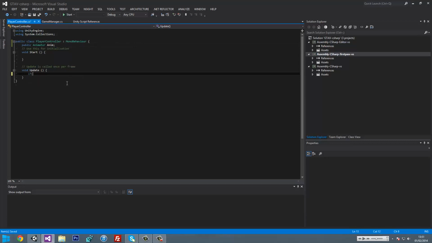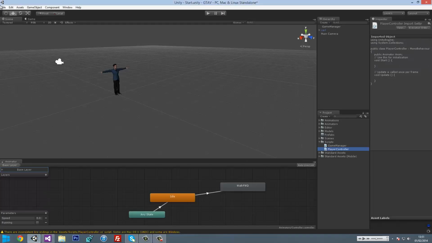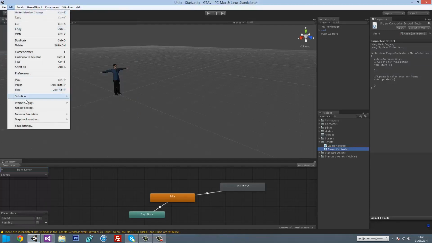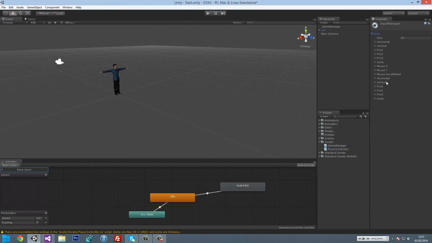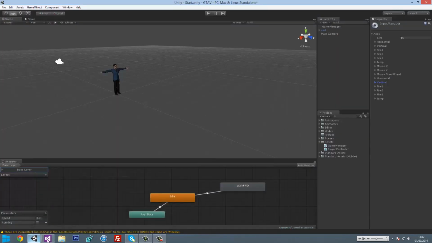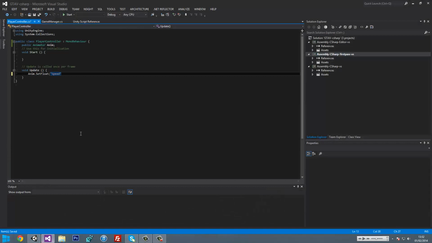Right, I want to go if. No, it's not right. No, wrong one again. Edit, input, axes. It is horizontal. No, vertical rather. Want to go anim dot set float speed to input dot get axes vertical,